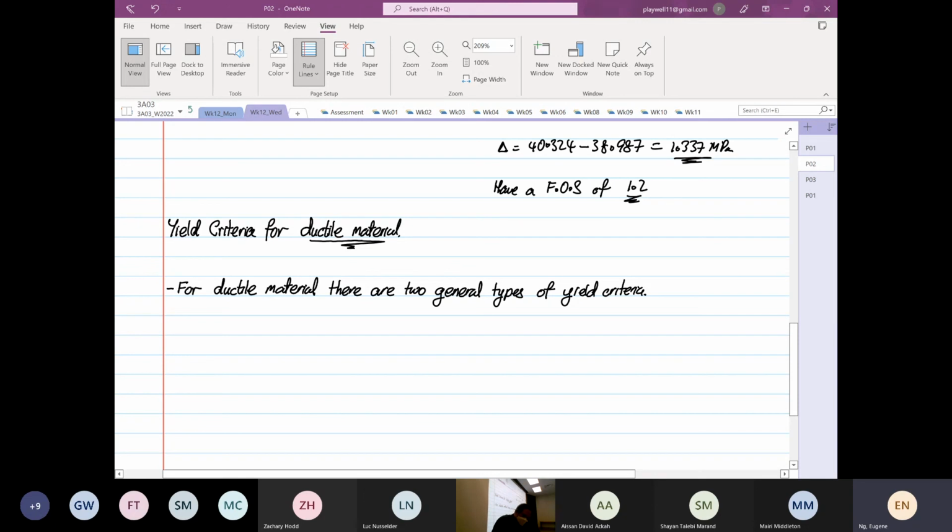But before we go anywhere, what do we mean by ductile material? How do we know it's ductile or not? Okay, so I'll list down a few materials that are ductile here in general. So ductile material,